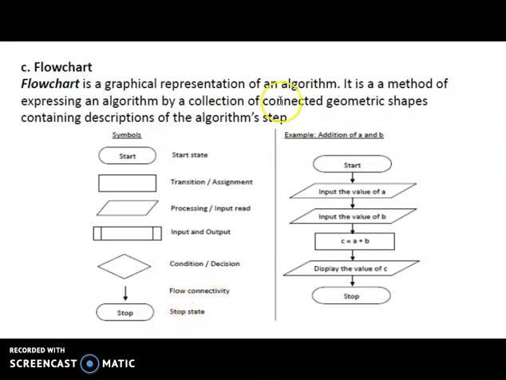This is an example of adding two numbers with the help of a flowchart. First, we start the process.